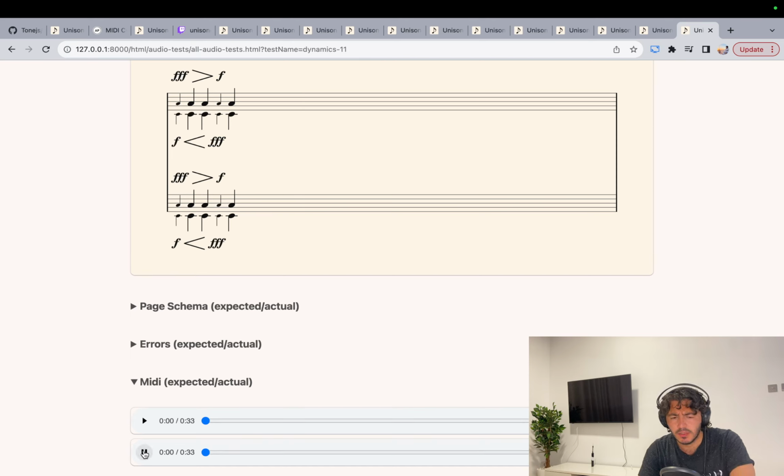Okay, let's listen one more time. So C node will be more and more louder. Yeah. Okay, seems like it works. Yeah, I don't see the reasons to test other things because